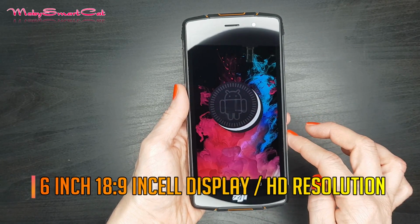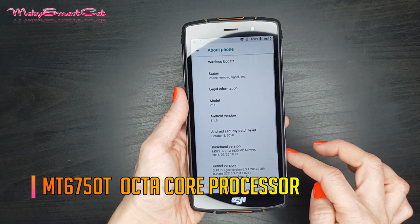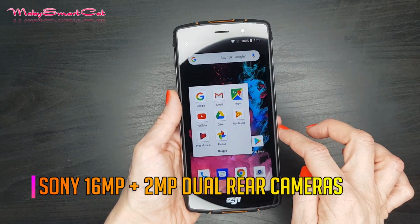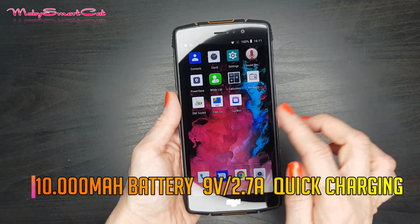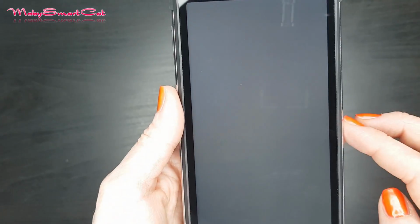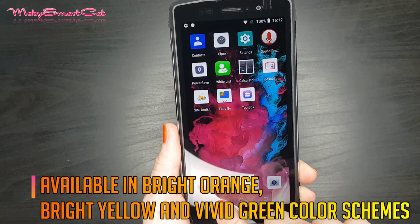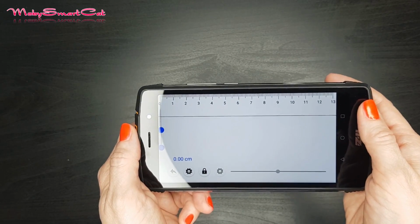The Z11 features a 6-inch 18:9 display with HD resolution, an MT6750T octa-core processor, 4GB RAM with 64GB of internal storage, Sony 16MP plus 2MP dual rear cameras, a 13MP selfie camera, the huge 10,000 mAh battery with 9V/2.78A quick charging, a USB Type-C 3.0 port, fingerprint scanner, face unlock, Android 8.1 Oreo, and of course, the rugged IP68 certification. Available in bright orange, bright yellow, and vivid green color schemes,